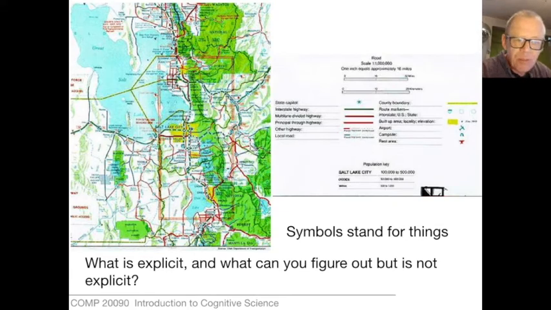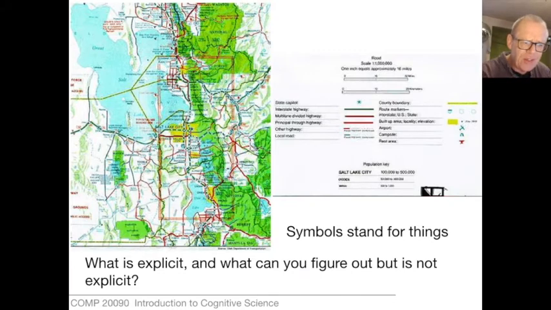So if we wanted to measure the distance between two cities or towns on this map, we might take a piece of string and lay out the road we would follow, and then take our piece of string and put it against the scale, and there's a scale conveniently given in the legend. And then we could do a little bit of calculation, and we would know how far the distance on the ground is based on what we did on the map. So we got that information from the map, but it was a bit of work.